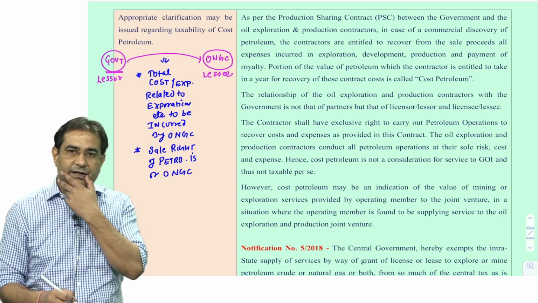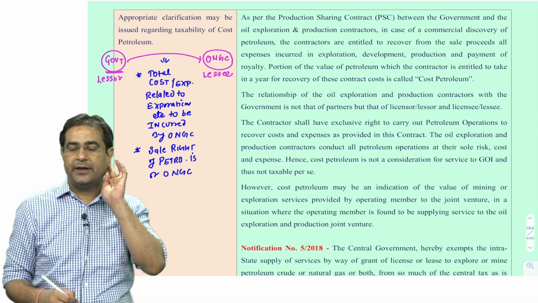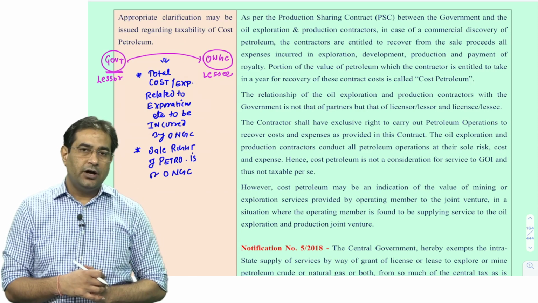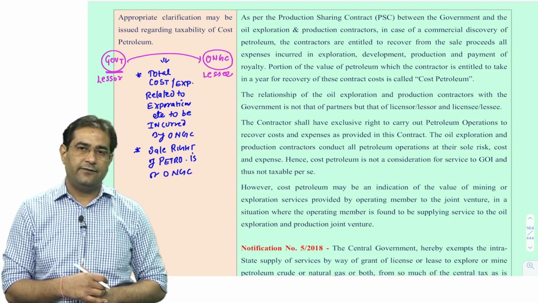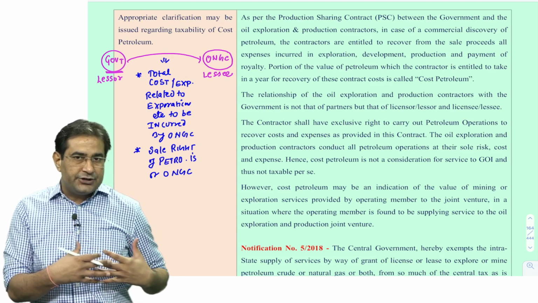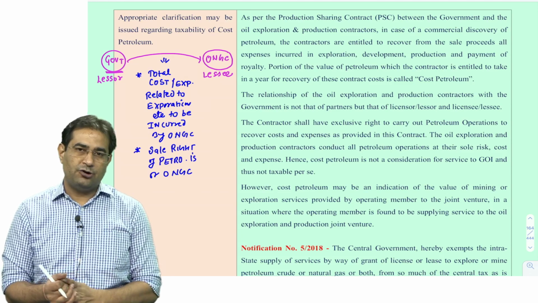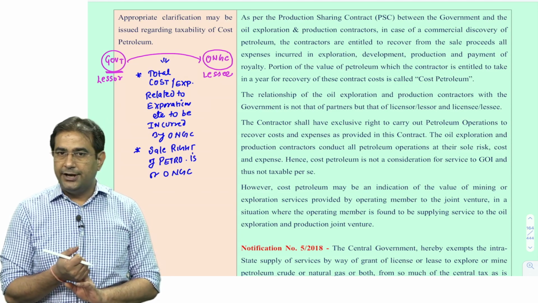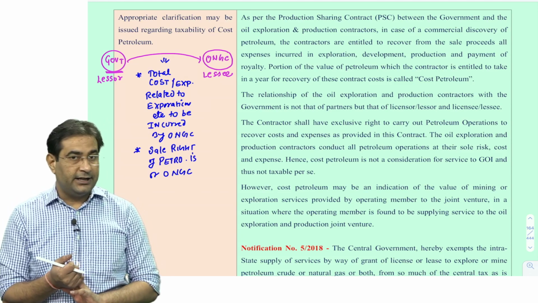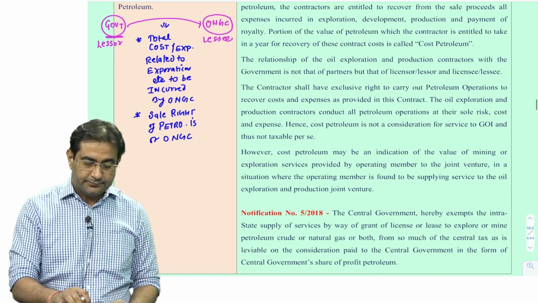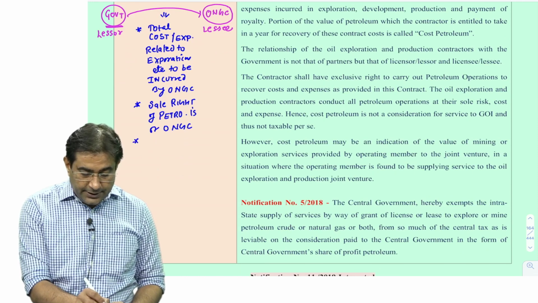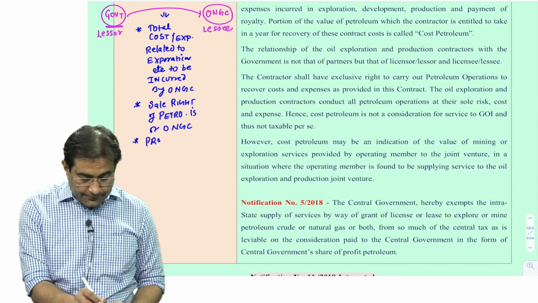ONGC has the right to sell the crude petroleum, and after selling, first of all ONGC would recover its cost of development, exploration, etc., and the profit component will be shared between ONGC and the government. These are the main terms of the contract. Sale right to ONGC, and profit